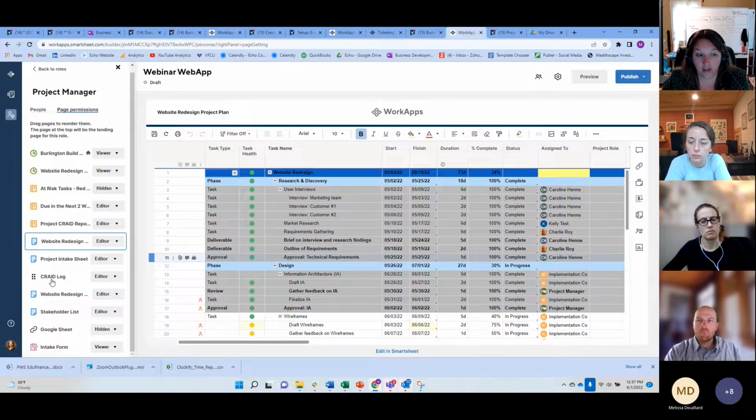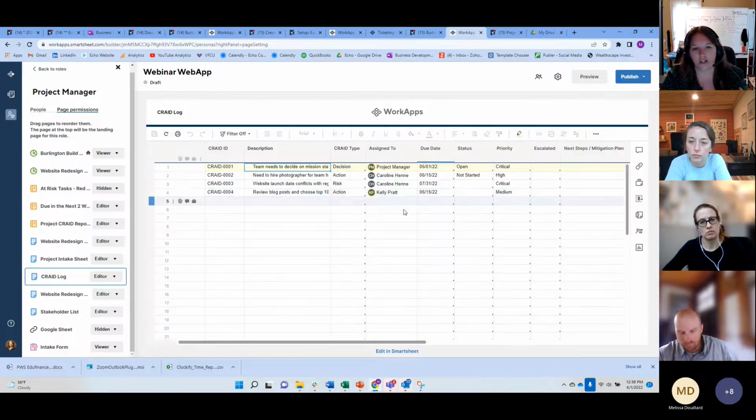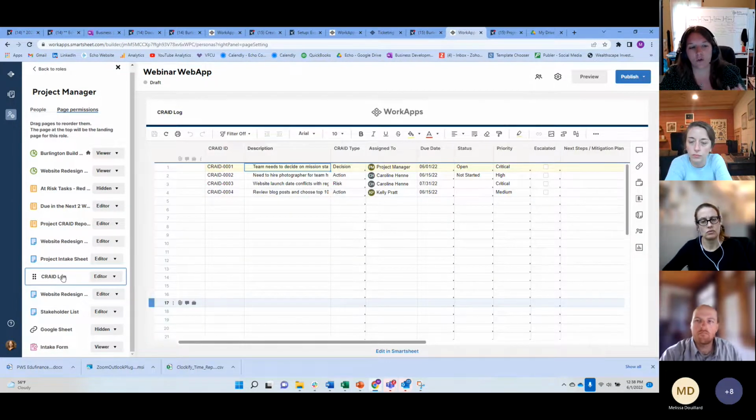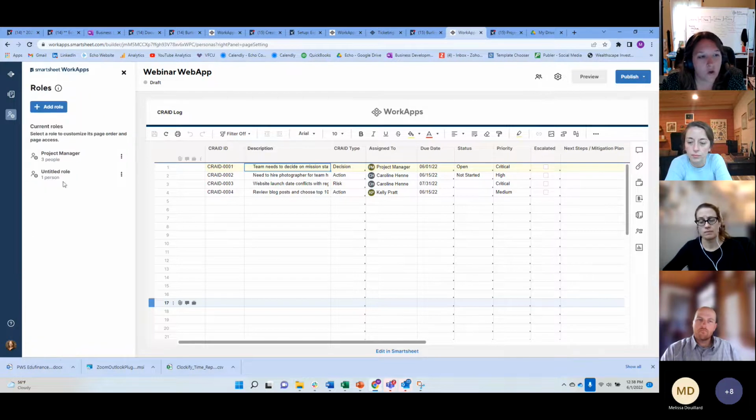If she has a CRADE log that just says CRADE log and she has 3 projects, she might have 3 different CRADE logs and she's not going to be able to tell the difference between them, until she looked at the actual content and then said, oh yeah, this is this project. But for ease of use, you want to make sure that the name of the sheet is representative of that. So that's why you would want to have an individual project name or program name or something like that to be clear. Okay. All right,